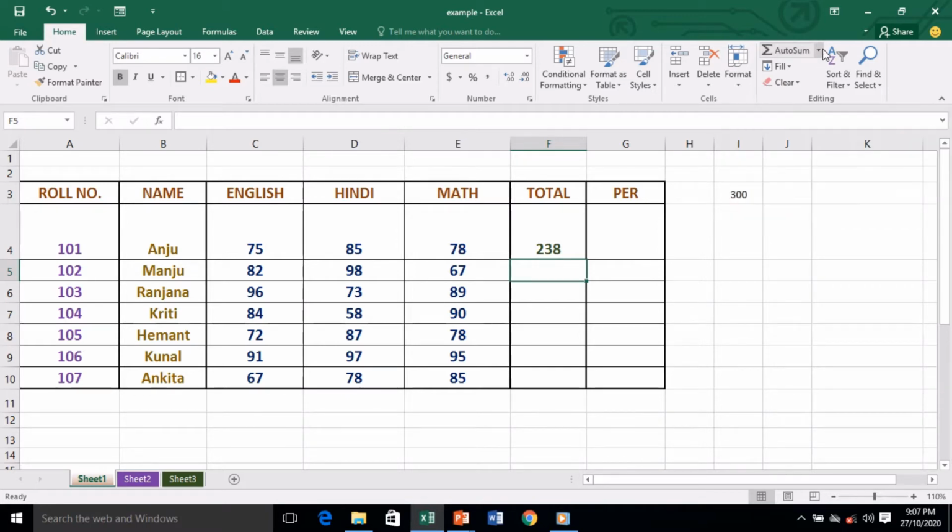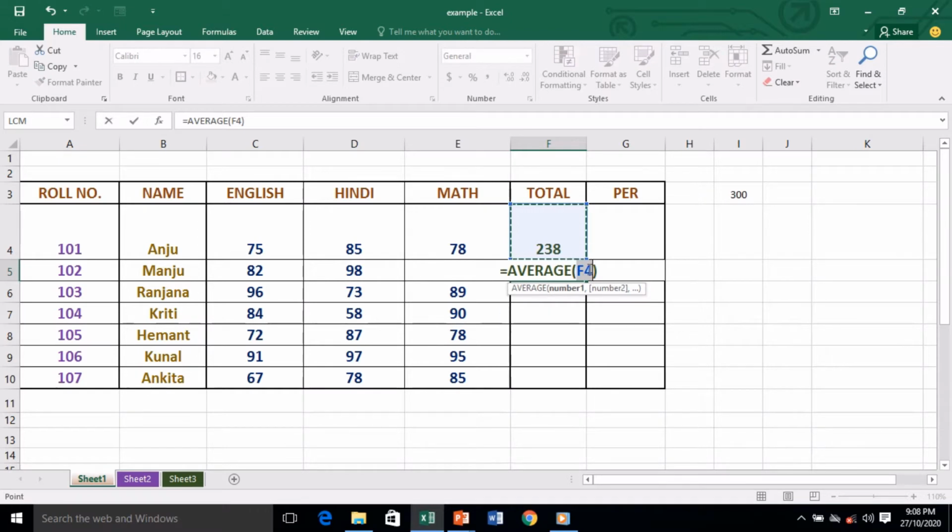Apart from that, when I click on this drop down arrow, you can see there are further more functions. We have just seen the average, the max and min, and even the count function. Now let's find out with the help of examples what these functions are useful for. First we'll go for average. The average function will find the average of all these three: 82, 98, 67. It will add all these three and divide by 3 because there are three numbers. So when I click on average, just see here.